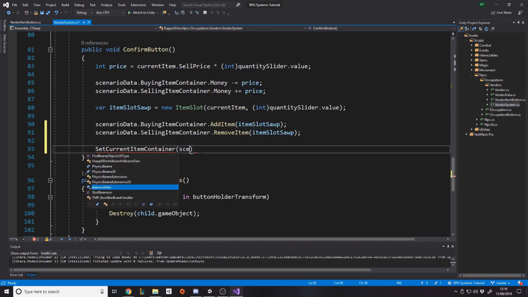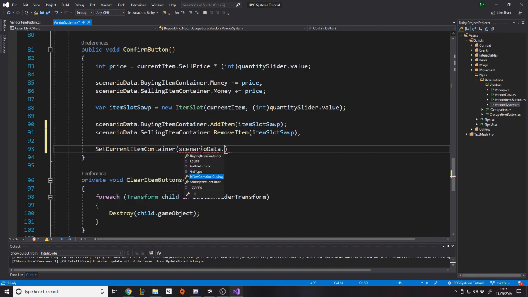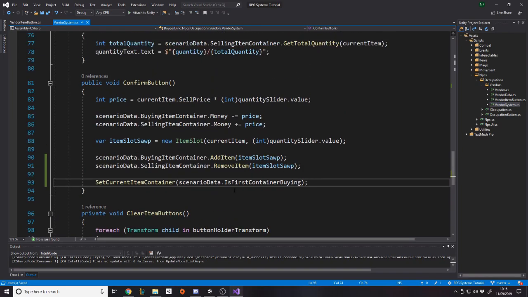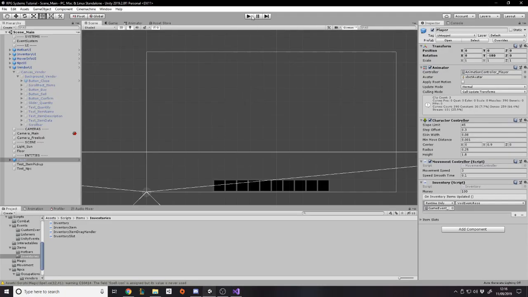So if we go to scenario data dot, and then we've got a boolean here, is first container buying. So if the first one's buying, we'll say first, and if the second one's buying, we'll say second. So that's it, to be honest. That should be good enough just to fix that. So let's press play